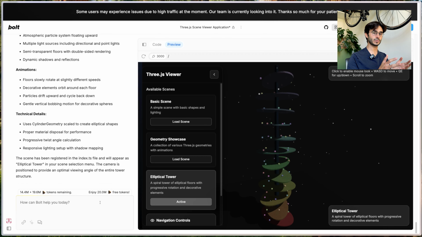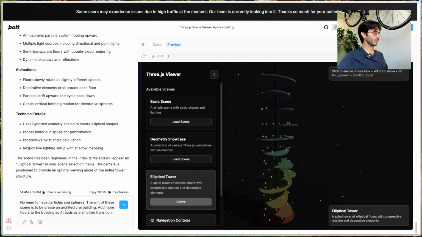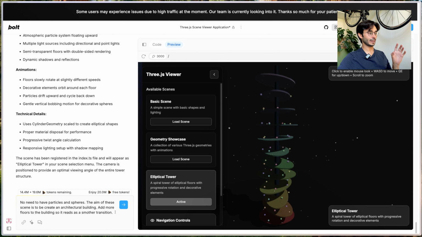Before we go on to the next prompt, let's try and make some changes so that this indeed looks like an architecture scene, which is what I'm aiming for. No need to have particles and spheres. The aim of this scene is to create an architectural building, and add more floors to the building so it reads as a smoother transition. Now, I know for a fact that this is a slightly vague prompt,